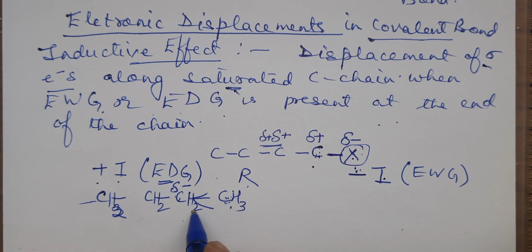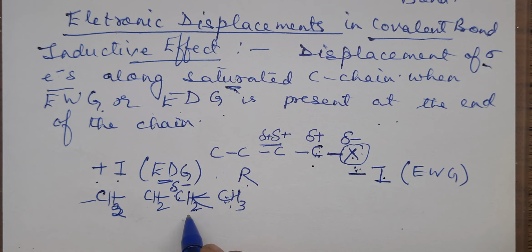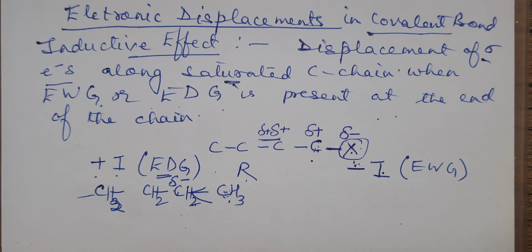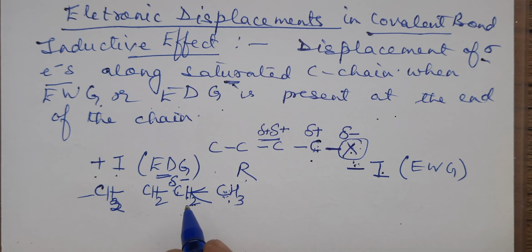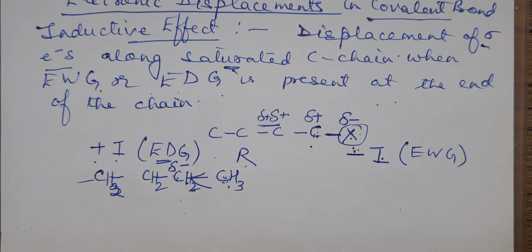So this carbon will get a partial negative charge and this carbon will get a partial positive charge. If this H is also replaced by some alkyl group, that means there will be two alkyl groups pushing electrons towards this particular carbon. So the more alkyl groups attached, the more the inductive effect. Let me draw the structures here and explain. Suppose the alkyl radical I am considering is tertiary butyl. If I look at this particular carbon, there are three alkyl groups attached. They are all pushing electrons towards the central carbon atom. That means the positive inductive effect is maximum in tertiary butyl.